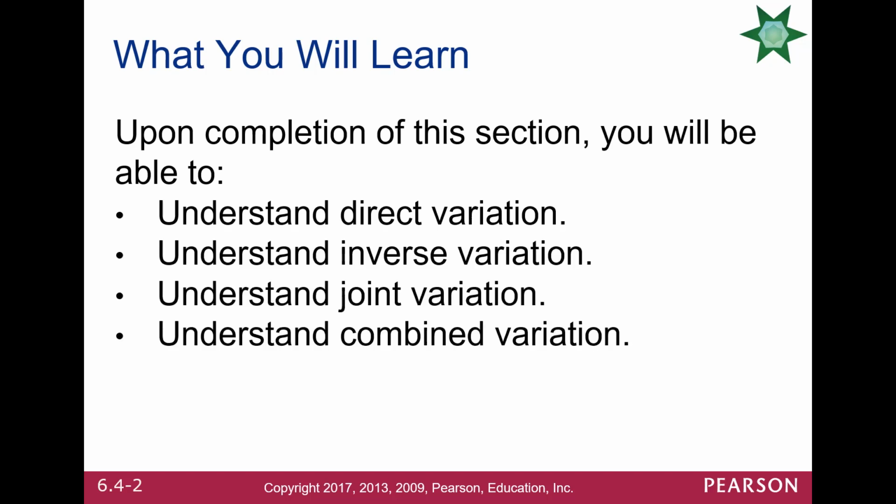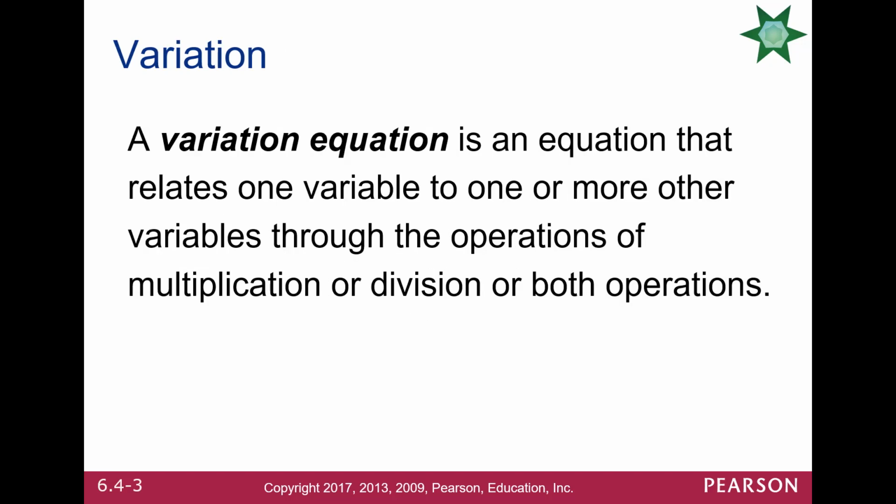First of all, we're going to have 4 different types of variation here: direct, inverse, joint, and combined. Pay attention because I'm going to give you a couple little tips to help you break these types of problems down. We're basically talking, by the way, about any type of equation where you've got one variable, like x, somehow related to other variables, k, y, w, v, whatever, through the operations of multiplying or dividing or